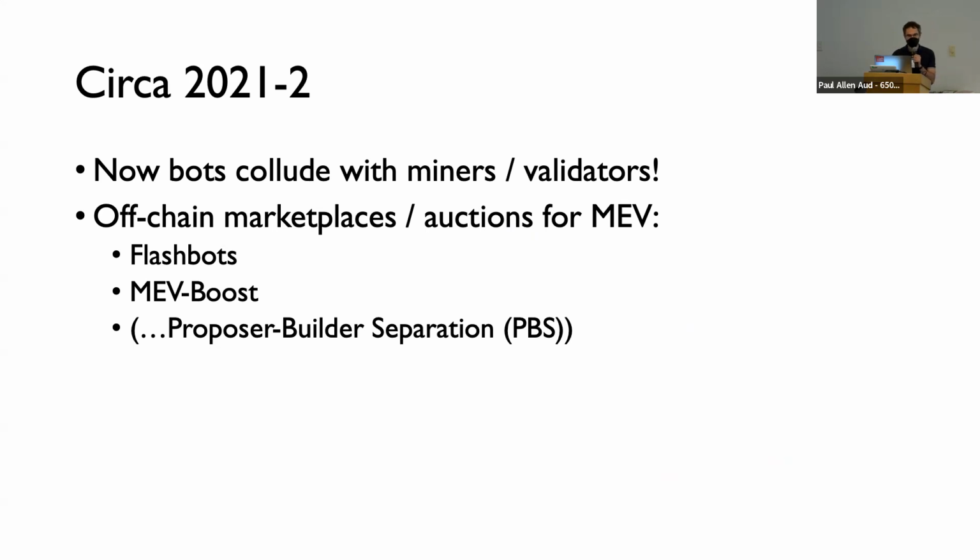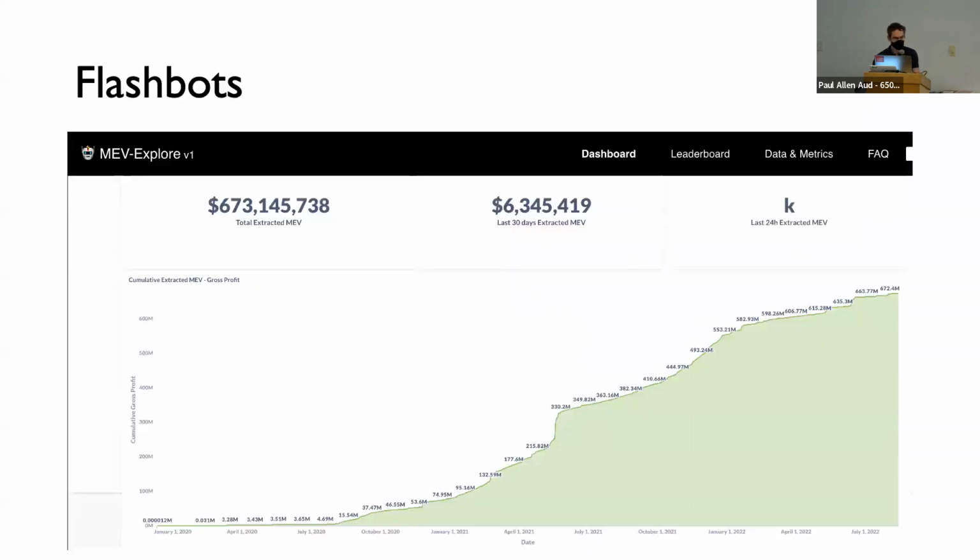The important point here is that the extraction of MEV, the process of capitalizing on the two unfortunate facts I mentioned, is rampant, and it's becoming increasingly institutionalized. If you want to know how widespread it is, Flashbots provides a very nice dashboard where they show you just how much has been taken from users. We're approaching something like 700 million all told. This is a lower bound. It's considerably more than this.